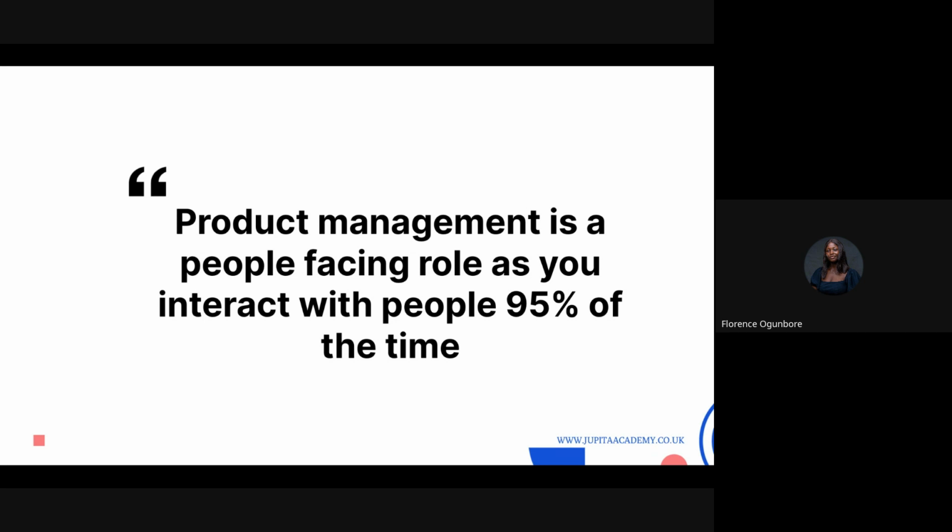In research, you carry out user research. You put out survey forms, you speak to customers, you use competitors' products. For me personally, I've gone as far as signing up for demos on competitors' products, and even ending up speaking with their support, just to understand their product better. So at every touch point as a product manager, you are always interacting with people, because you want to ship impactful products, you want to ship what people would be able to use,